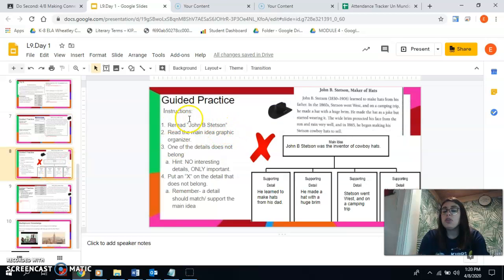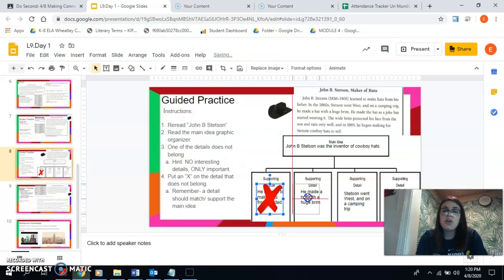On this slide, you're going to do the instructions. It says reread this one, John B. Stinson. You're going to reread this. And then I've organized your thinking for you. However, I want you to find one detail that does not belong. So there are 4 details, but one of them does not belong. Remember, you do not want interesting details. So if it's an interesting detail, you're going to grab this X and you're going to put it over the